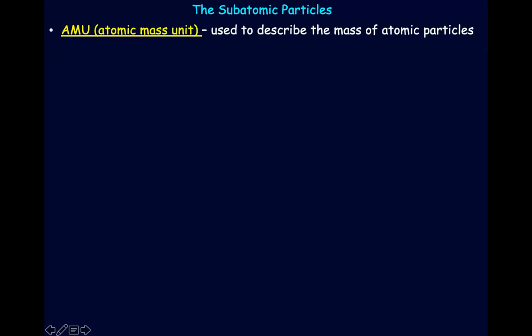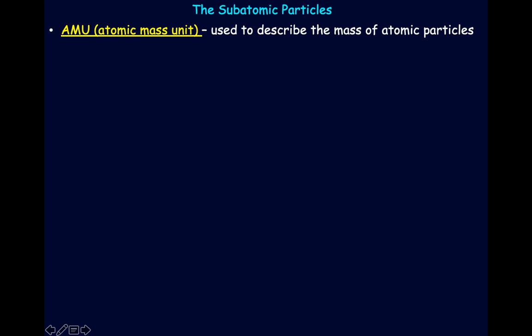We're going to take a look at the subatomic particles. We're going to look at protons, neutrons, and electrons, look at how they interact, and look at how we look at the numbers of them and their locations in the atom. Okay, so first things first, we want to realize that because particles are so small,